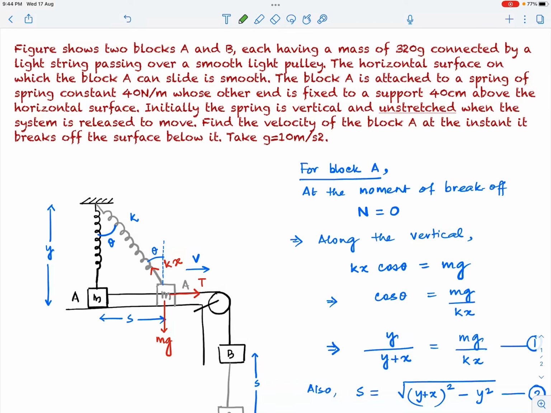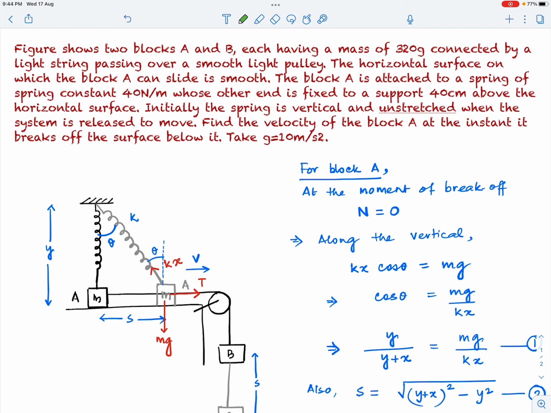Hello students. So this question says the figure shows two blocks A and B, each having a mass of 320 grams, connected by a light string passing over a smooth light pulley. The horizontal surface on which block A can slide is smooth. Block A is attached to a spring of spring constant 40, whose other end is fixed to a support